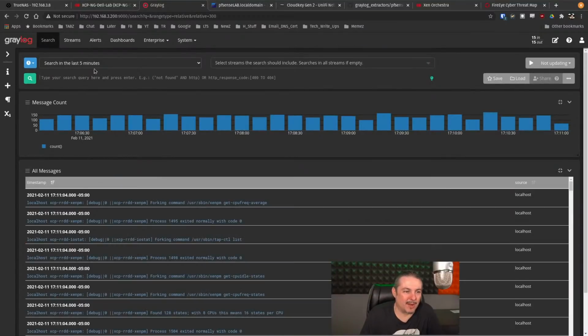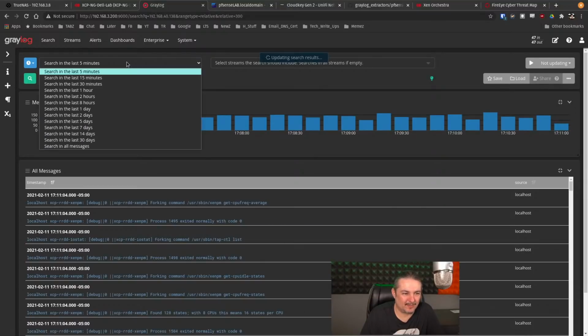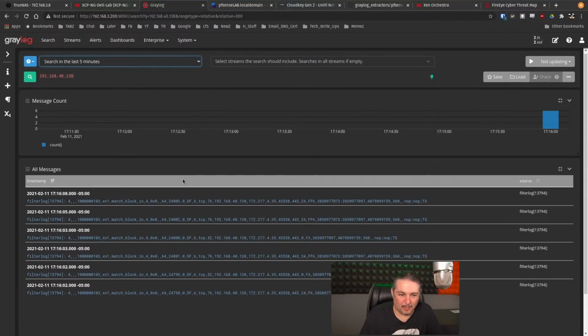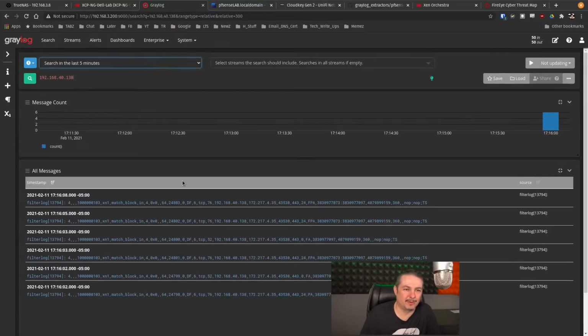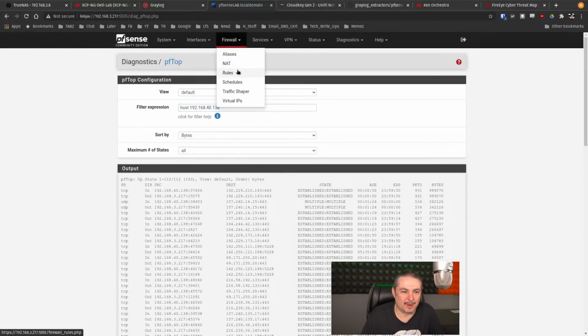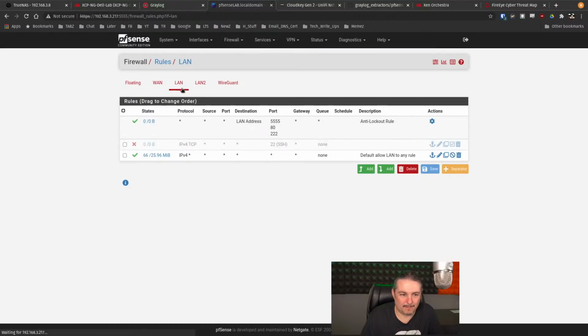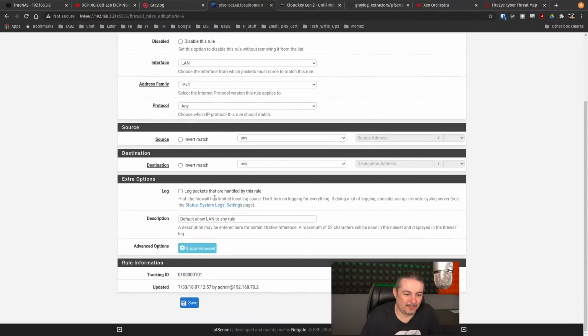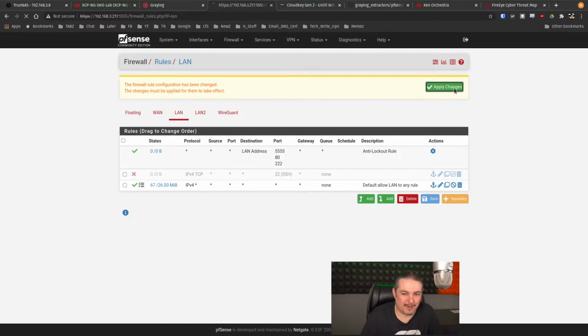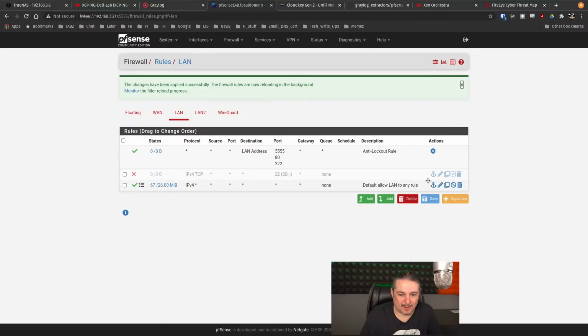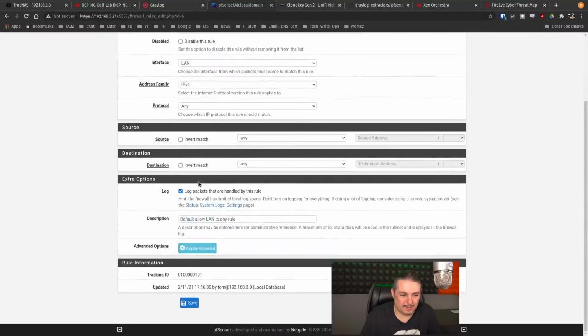And we go back over to Graylog and search for my IP address. We don't have all the filter logging turned on in pfSense. Let's go over here to firewall rules and probably LAN. There we go. Let's log this. Log all packets handled by that rule. That's going to be fun. Apply. Matter of fact, we can filter. So let's go to